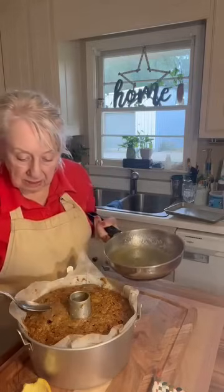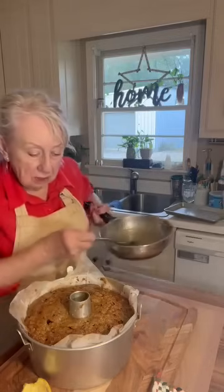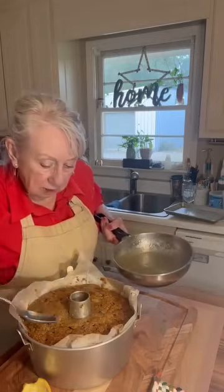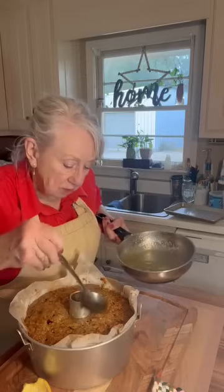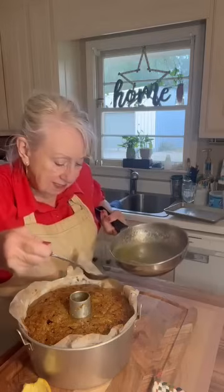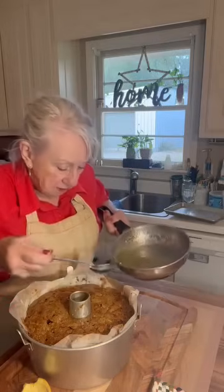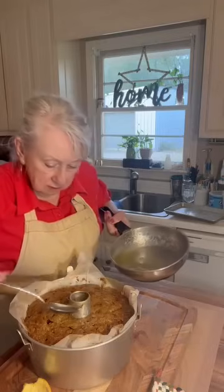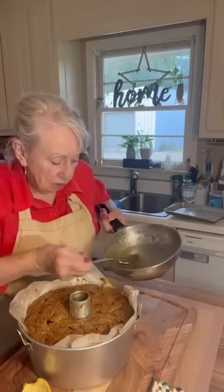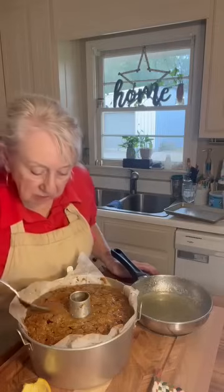Make sure it gets down in. If your cake cracks a little bit on the top, that's a good place to put this syrup because it's already made a hole. And try to go all over it. Don't skip a spot because this is what holds in the moisture in the cake. It kind of seals it. All right, one more. And I think that's going to be plenty. We'll save the rest for the